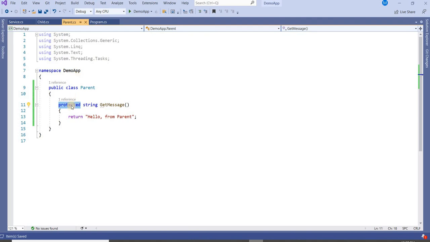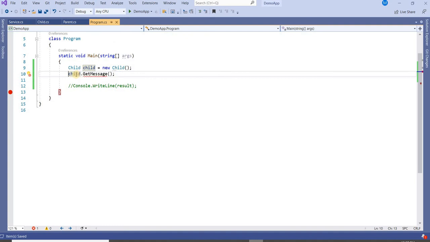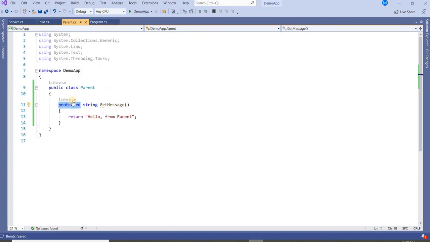now I am using protected here, so it means I can't use this method inside the child class. Now here in the program class I can't access this because it is inaccessible due to its protection level, right? Because we can access only public members of the parent class using the child class object. If we want to restrict something, we can use protected. Protected we can only use inside the class, there is one concept of friend function. Okay, let me change it back to public.